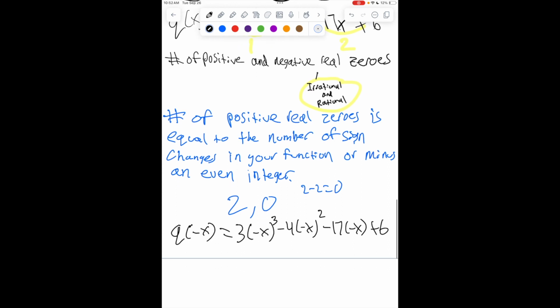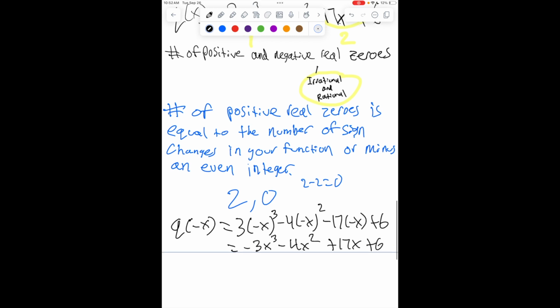And then I still know that a negative number raised to an odd power is still going to be negative. So negative 3x to the third. An even number would cancel out. Negative times a negative is a positive, but I have a minus 4 out front, so that's still going to stay like that. And then a negative times a negative gives me a positive here, and then I still have